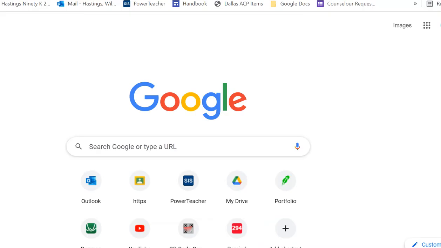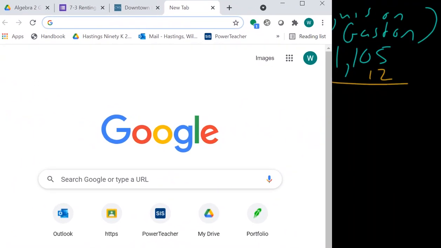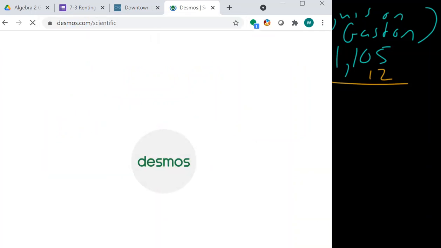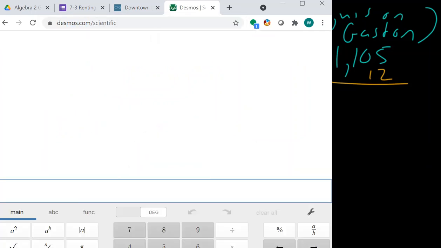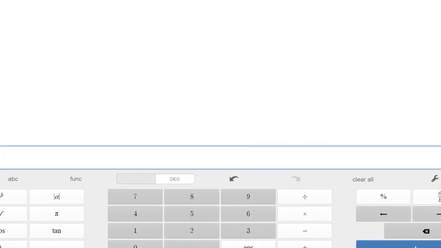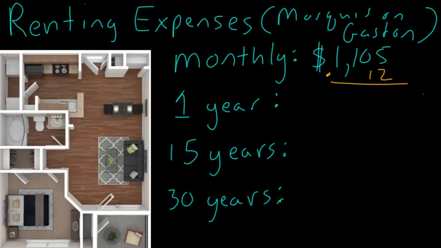And I'm just going to go ahead and pull up this calculator where y'all can see it. So we'll go to our Desmos Scientific Calculator. Oh, come back. Sorry, guys. 1105 times 12. Easy. And for the full year, this is going to cost you $13,260. Okay, so let's say that's